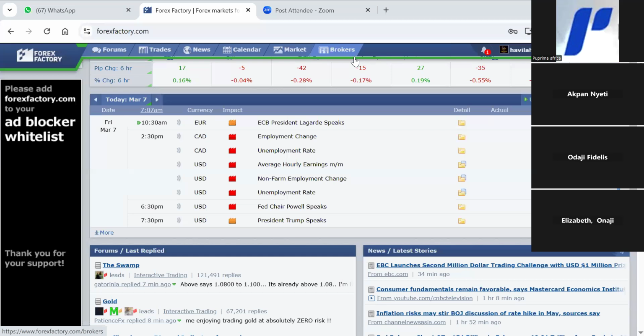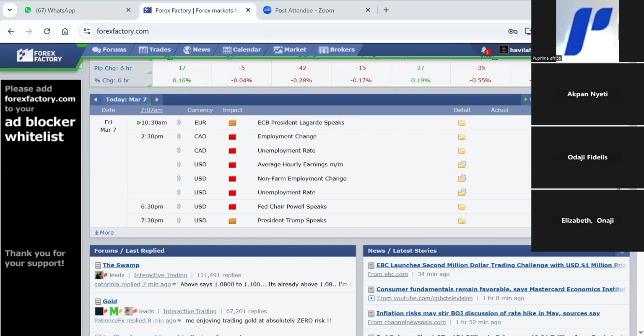So we just keep our fingers crossed and see what will likely happen this afternoon as we approach the NFP. So again, if the data comes out good, we'll buy the dollar. If it comes out bad, we'll sell the dollar. But then it's also possible the data may not be green all through, or red all through. There may be some conflict in the data. Some may be green, some may be red.